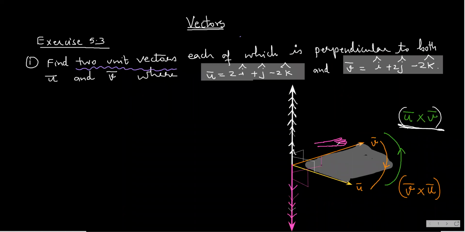So these are the four fingers and here you have the thumb. This is the palm of your right hand. Okay. So now you have to turn these four fingers in this direction. When you turn your fingers in this direction, where will the thumb point? The thumb will point this way. It will go down here. The thumb will point in this direction.